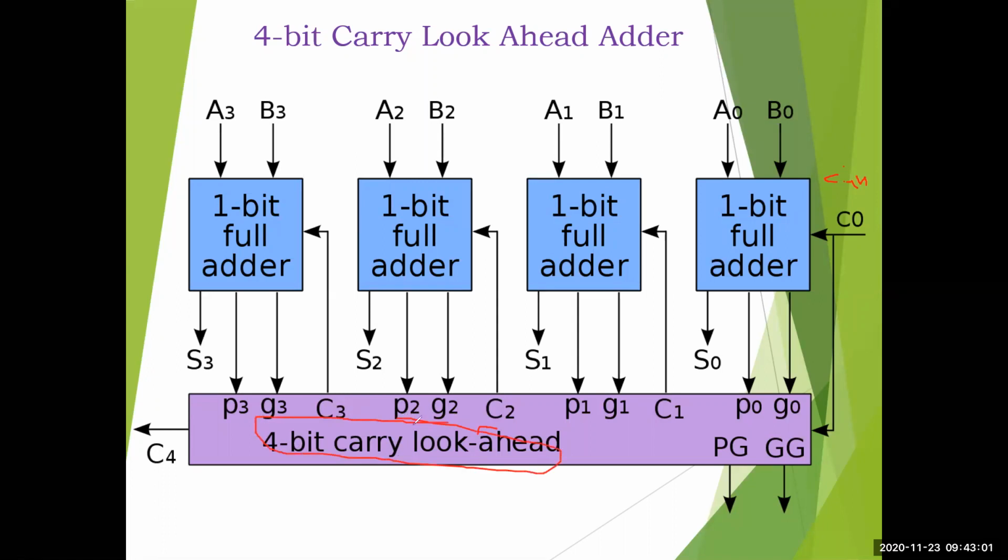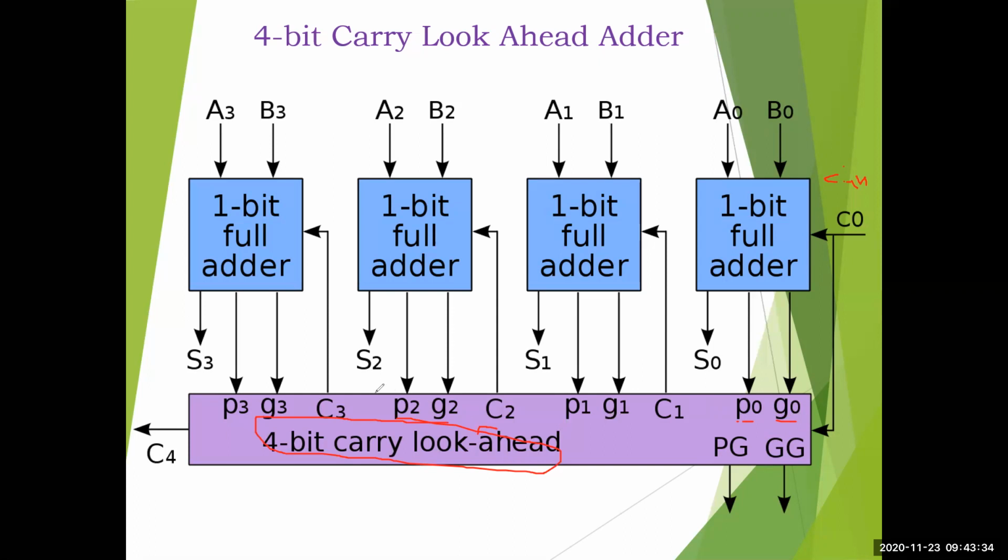So this is the generator block. It takes p0 and g0, where p stands for propagate and g stands for generate. How p and g come about, I will show you with the equations. The same 1-bit full adder equation is modified for the n-bit full adder, and in that substitution we have made p and g. Looking at the functionality from the truth table, we can design it in a different manner. So p0 and g0 are generated, and that will be used to generate the carry c1.